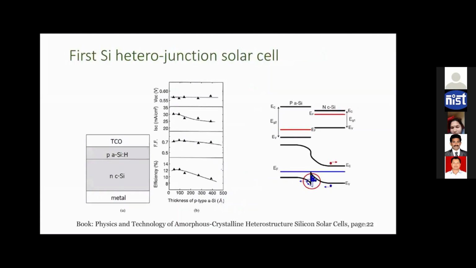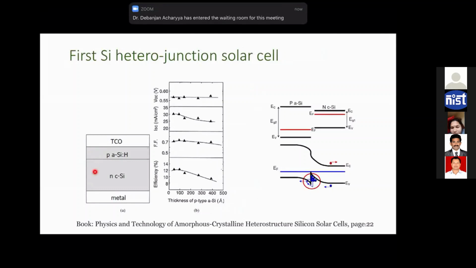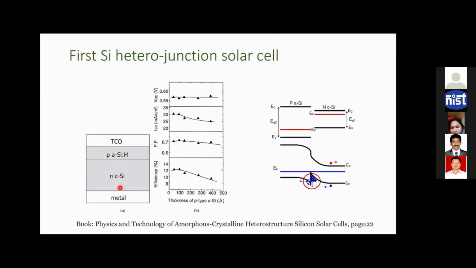Okay. So the first heterojunction that has been made has a structure like this. They have deposited p amorphous silicon directly on top of the n crystalline silicon. And on the back side, they have used metal. So it is a single heterojunction. They have employed the heterojunction only to collect holes from this top side. How much efficiency did they get? Surprisingly, the efficiency is not that good. The maximum efficiency that they got is around 12%.